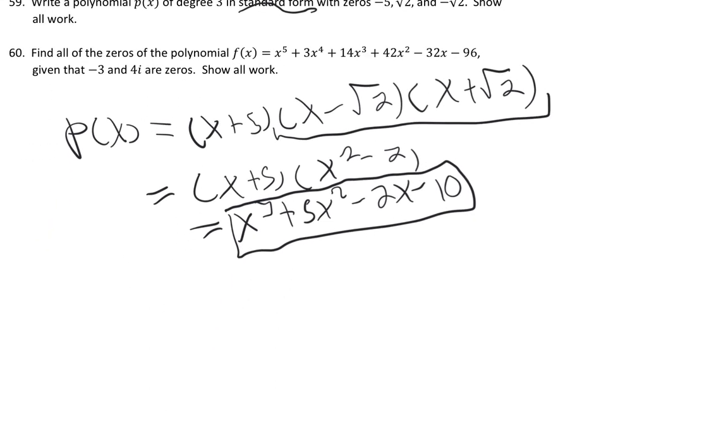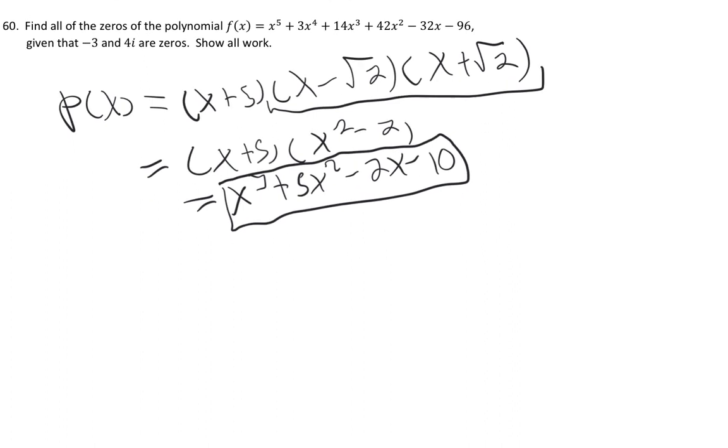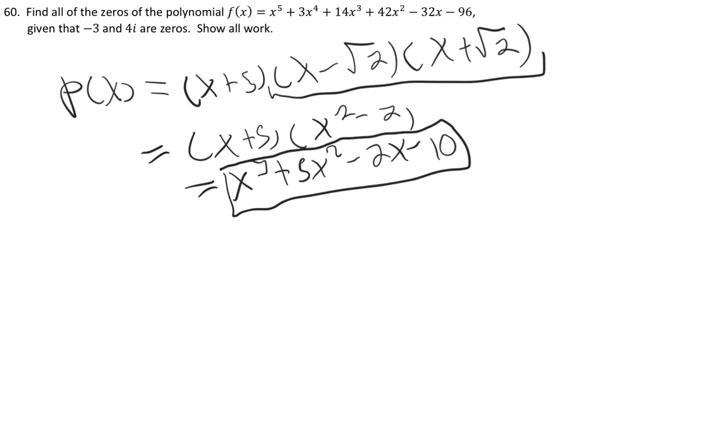Now we want to do question 60. I think I have enough room to just scroll down. We want to find all the zeros of the polynomial f of x given here, given that -3 and 4i are zeros. So this can be a little daunting because it's quintic, that is, it has degree 5. But in this case, they actually give us a lot of useful information. So we know that